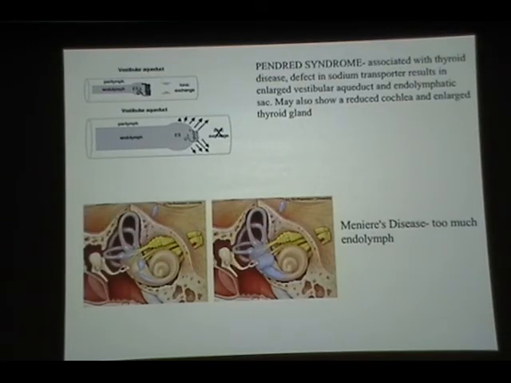Pendred syndrome or Meniere syndrome. These are examples of what I've talked about, that endolymphatic duct in the otocyst, in the otic placode as it develops. If you have damage to that endolymphatic duct where it can't exchange endolymph into the CSF and the arachnoid layer of the brain from the otocyst, you can get a swelling of all the tissues that are created by that otic placode, the semicircular canals and the cochlea. And it can damage all the sensory structures within that. So you're getting a loss of vestibular structures, loss of balance, a loss of hearing, hair cells can be damaged, all sorts